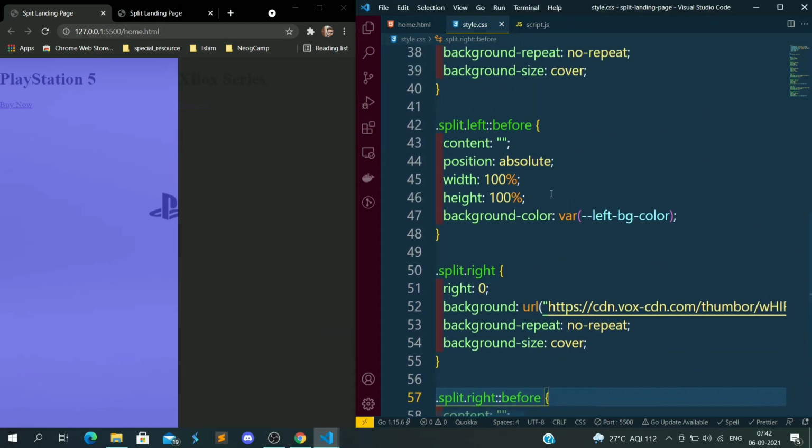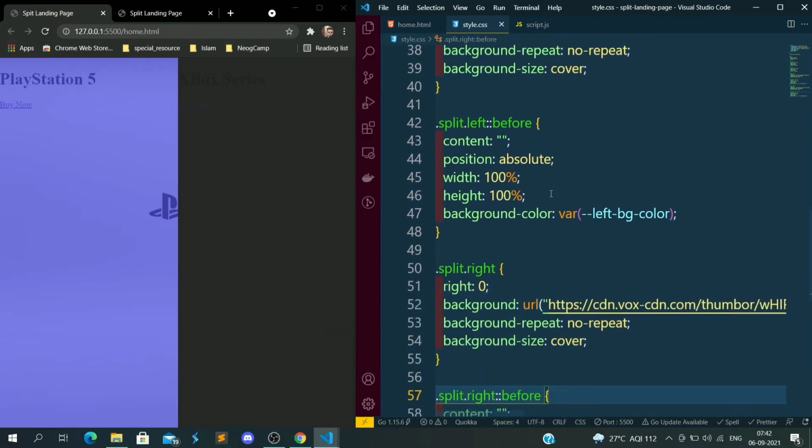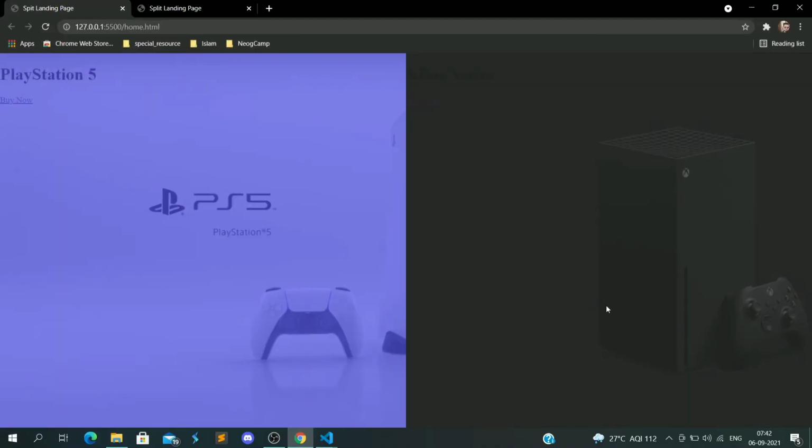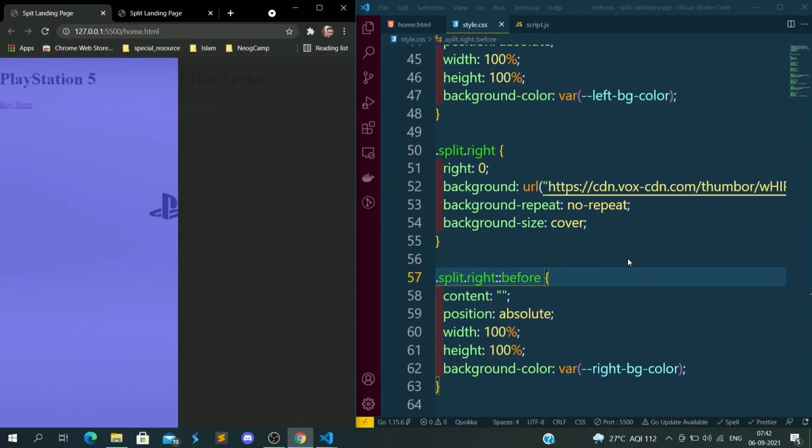Is there any problem? We have used split right, so nothing is coming, is it? Yeah, this background image is showing. If you see here, this text is visible here. Okay, we will make it